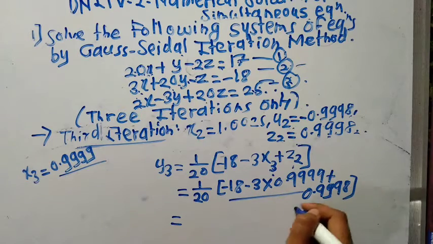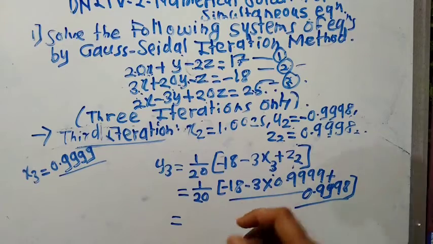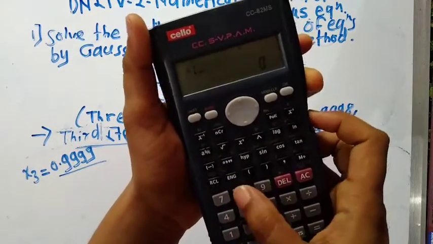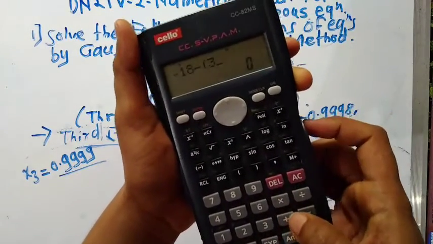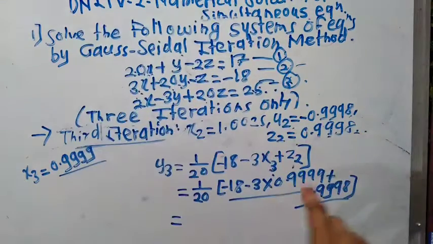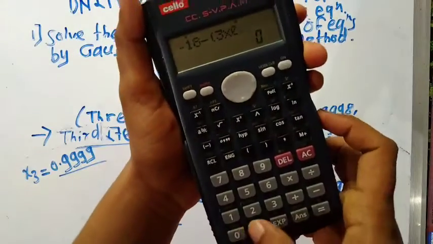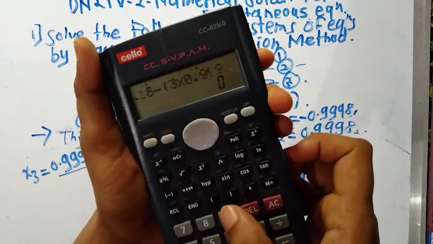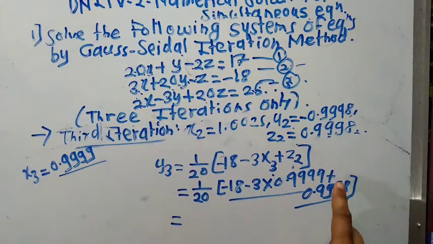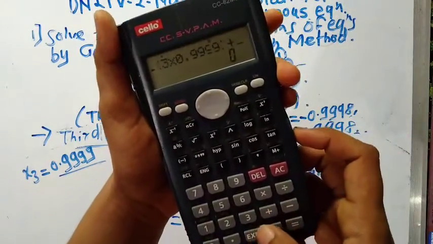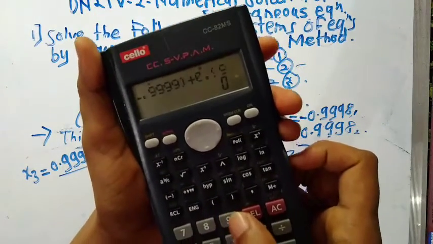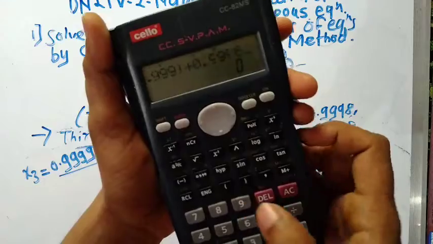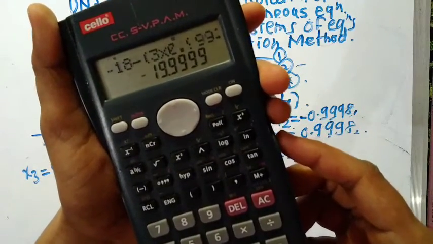Find out first its value: minus 18 minus 3 into 0.9999 plus 0.9998, which is equal to minus